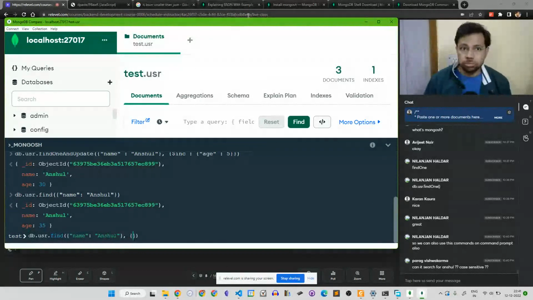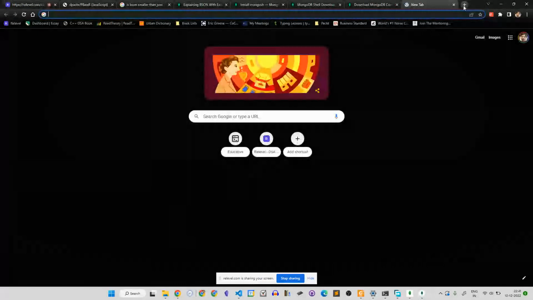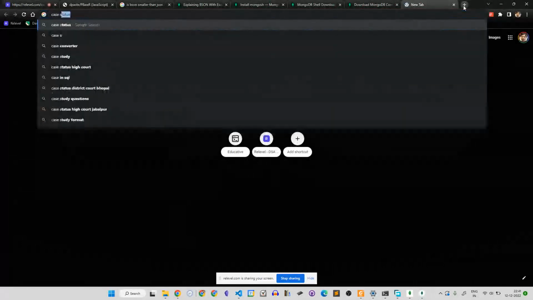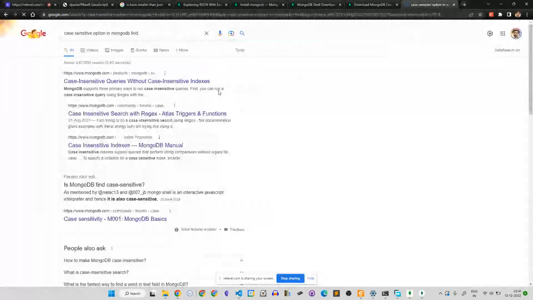Just give me 1 second. Case sensitive option in MongoDB find is the option.